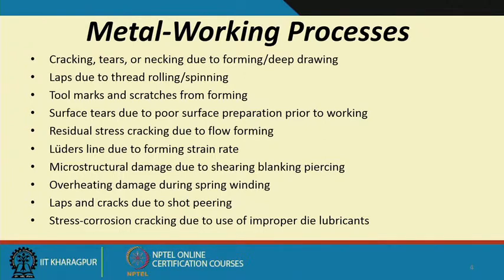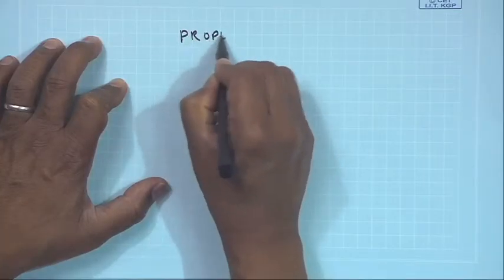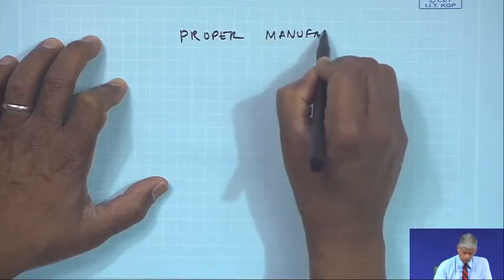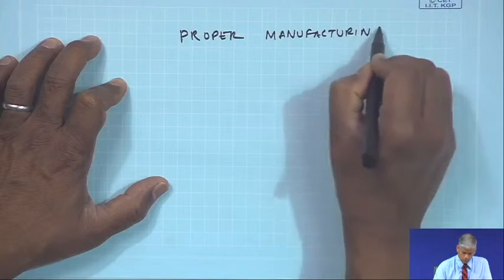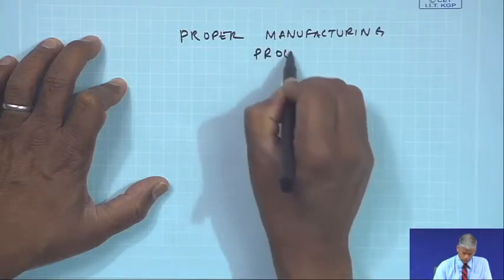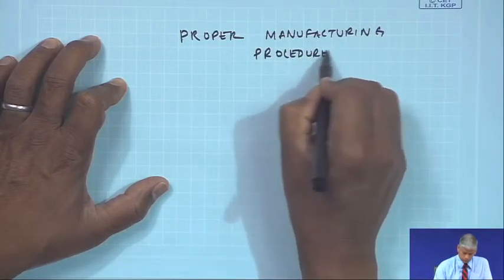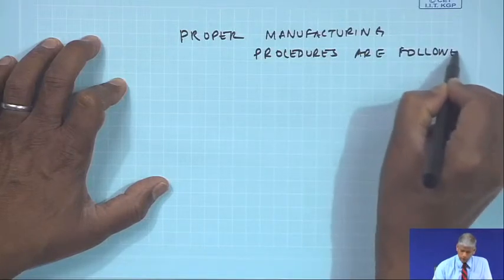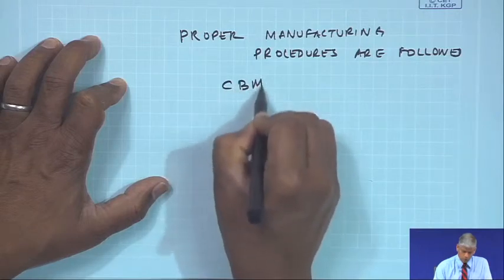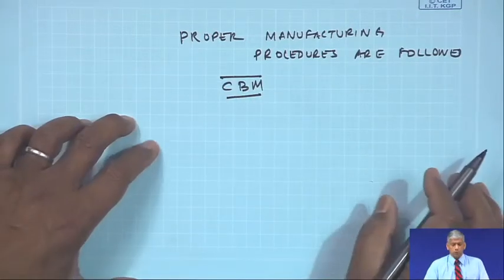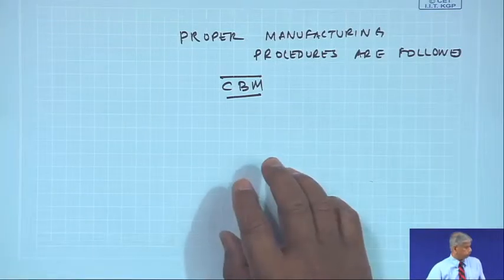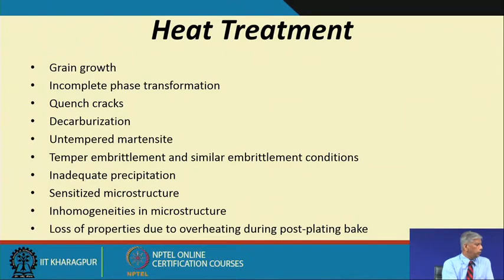So, one has to be careful that the proper manufacturing procedures are followed. Well, it is not in the CBM engineer's control, okay, but a good machine manufacturer ensures that these things do not happen. Similarly, during heat treatment,